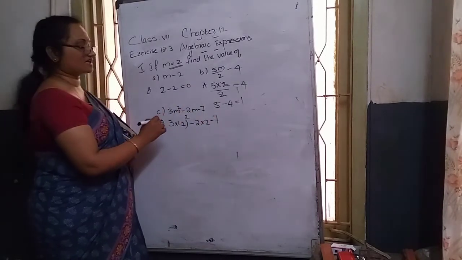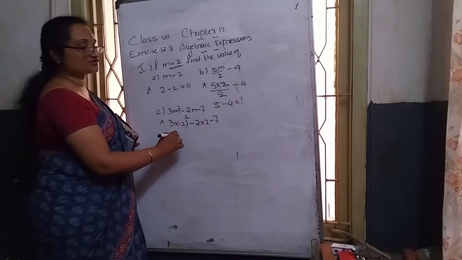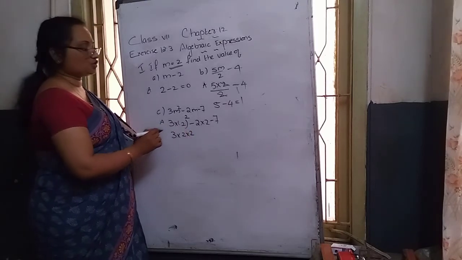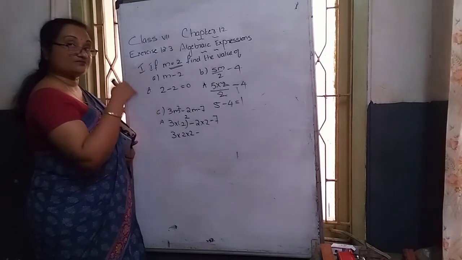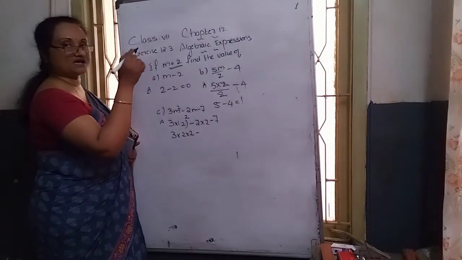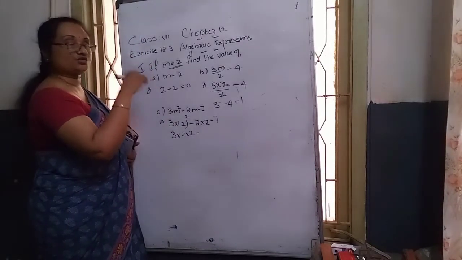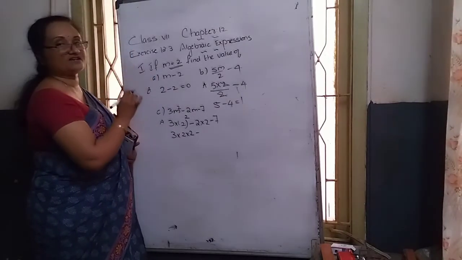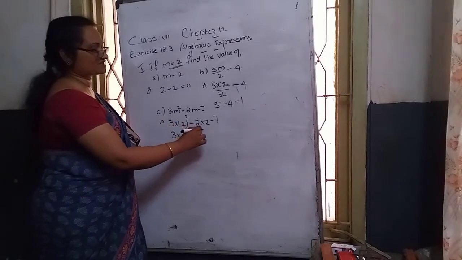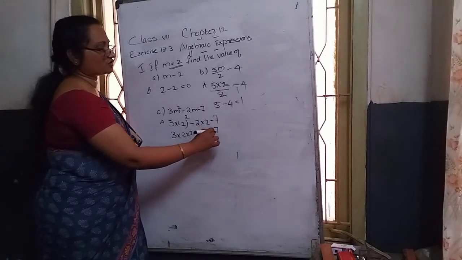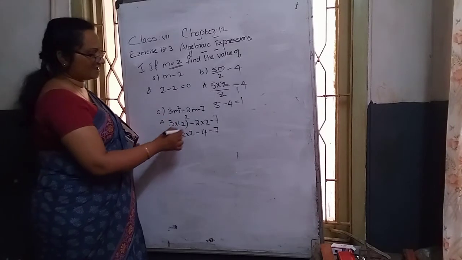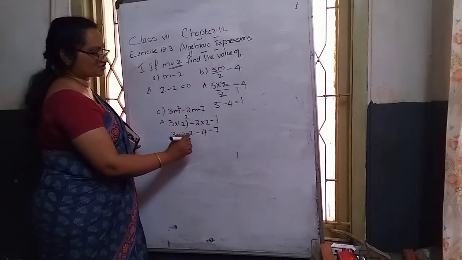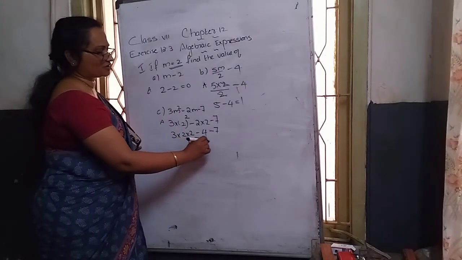In minus 7. Calculation: 3 into 2 square, how to expand it? 2 is multiplied how many times? 2 times, right? For cube, 2 cube is 3 times. 2 raised to the power 4 means 2 is multiplied 4 times. Here 2 power 2 is 2 times. And multiply: 2 twos are 4, 4 minus 4, 7. Again calculate: this is the first term, second and third. 3 twos are 6, 6 twos are 12, 12 minus 4 minus 7.